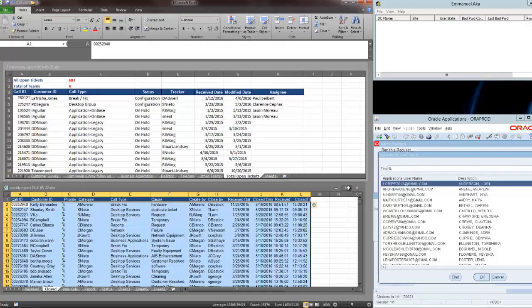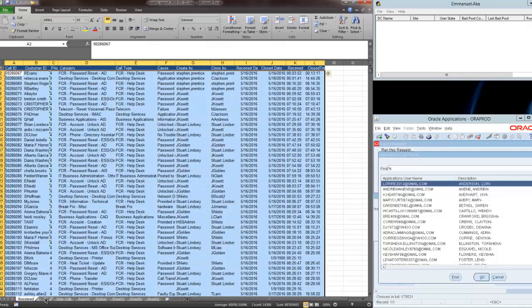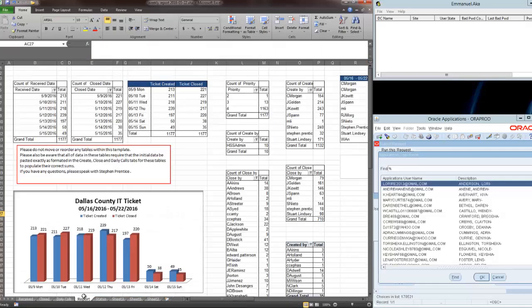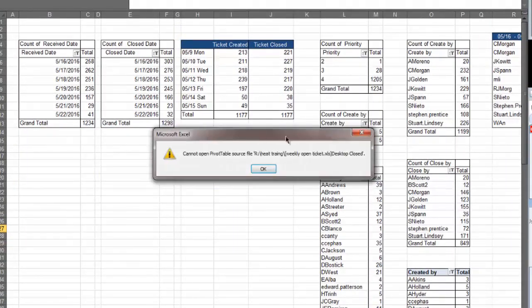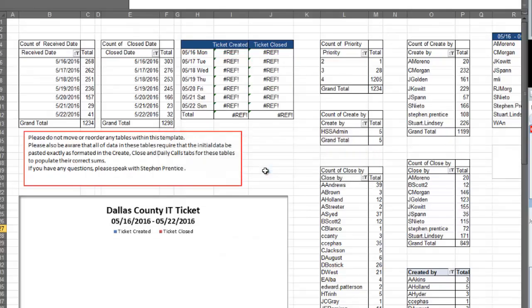Let's go ahead and maximize this. You've got received, closed, daily calls in the report. Now we've already changed the dates in the report, so we're good there. What we need to do now is refresh the data, so it'll take all this new data and populate this with the proper totals. Just click OK. Now, next step is to get this spiffy little graph looking good. So we have to take this, click on equal, keyboard,